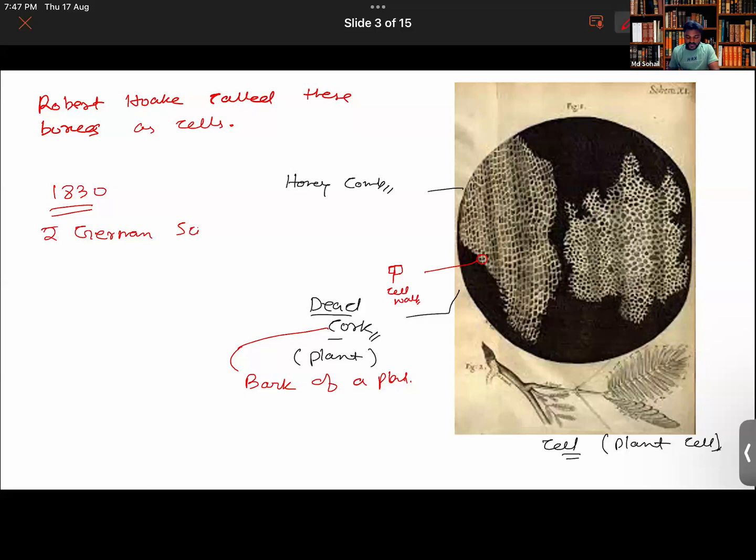So there were two German scientists. Can you name them? Schwann and Schleiden. In short, I'm writing the names this way, although they have very lengthy names. So it was Schleiden and Schwann. These were the two scientists who proposed the cell theory. So in the year 1665, Robert Hooke discovered the cell. Now, after almost 150 years, when the microscopes were